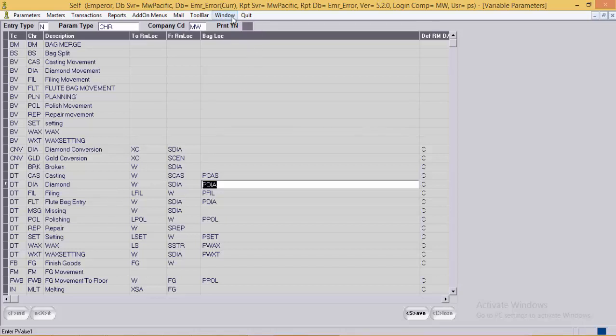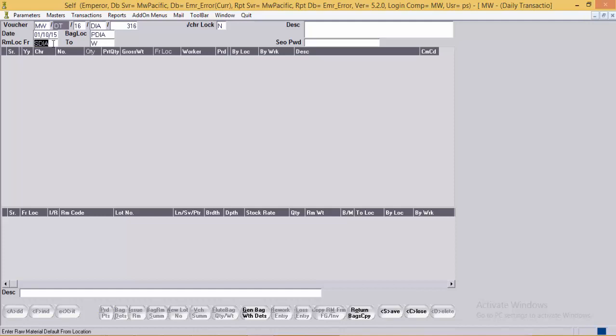P diamond, that is process of diamond. Next is the RM location from to. This is the default location from where the stock will be issued to the WIP, that is bag.